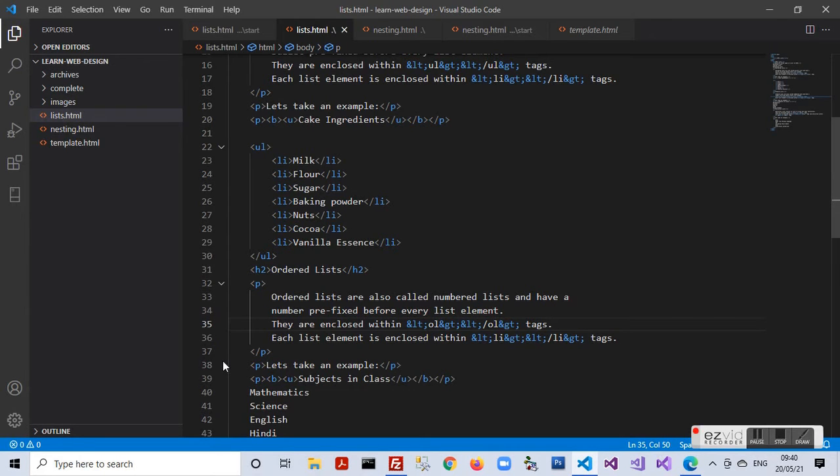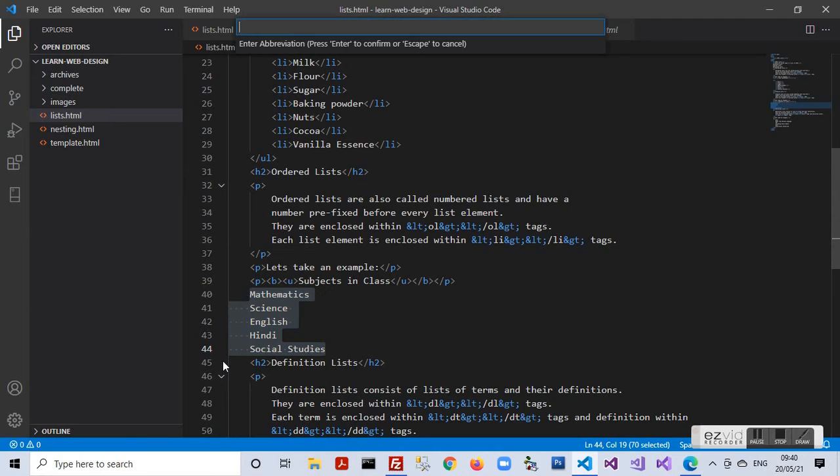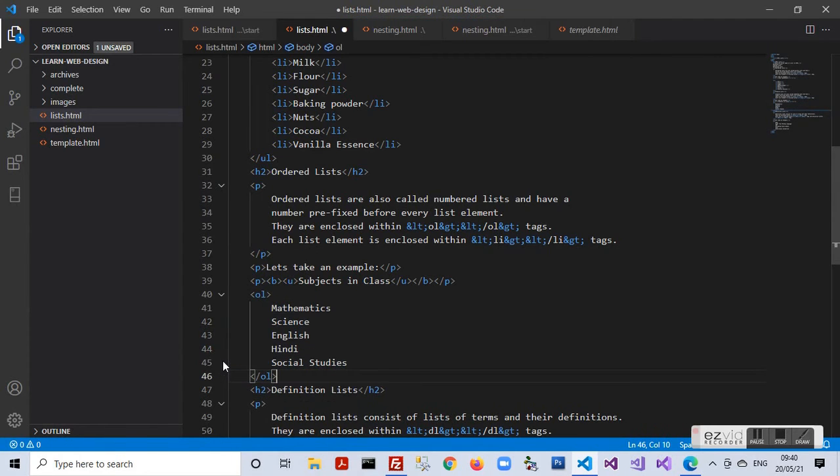Moving back to our code, we see that all these list elements are listed one below the other and we need to enclose the whole block within the OL tag standing for ordered list and each list element within the li tag.